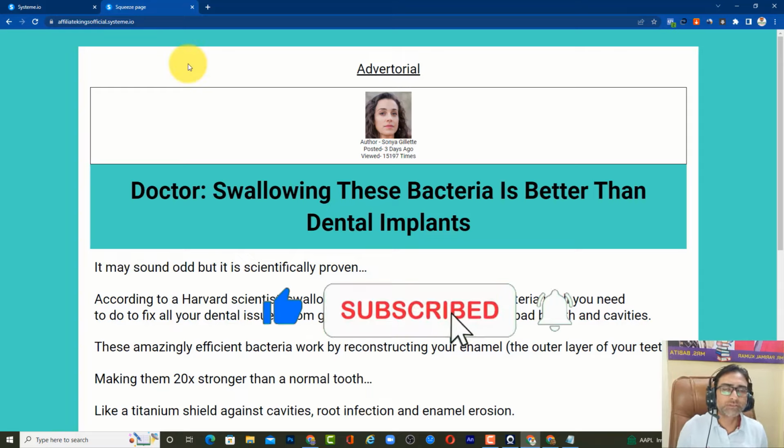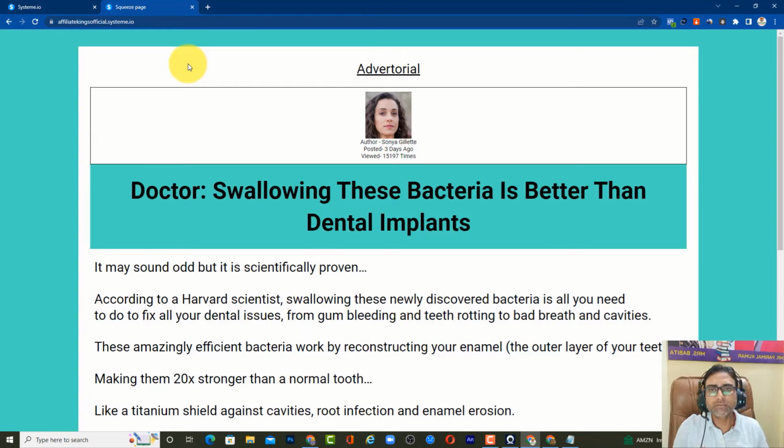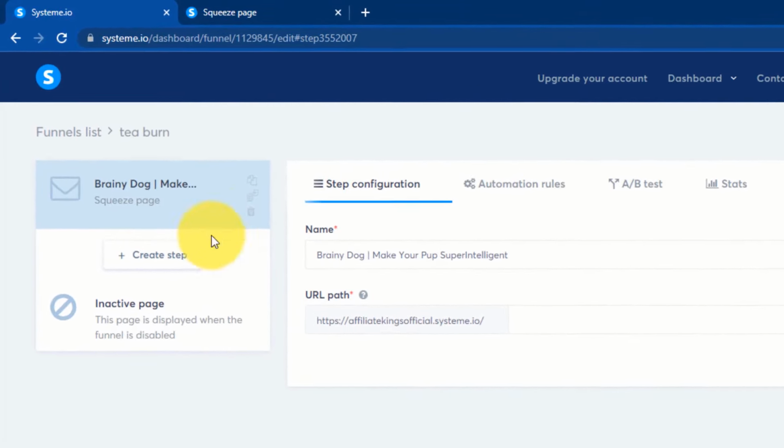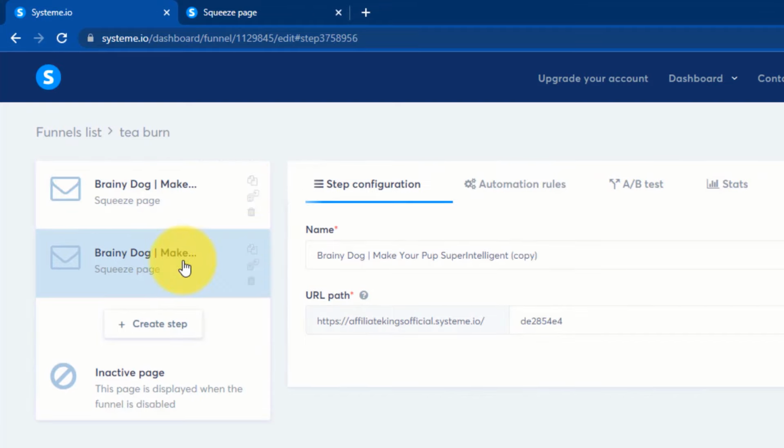Now what I would suggest is that when you start running Facebook ad campaigns, you need to optimize your campaigns for maximum results. The only way is to use at least 2 pixel events on each page. Now you must be wondering, I have only one page, how can I optimize it for 2 events? This is the page view, and we want to keep it as the page view event. Now I suggest you go here and duplicate this funnel step,